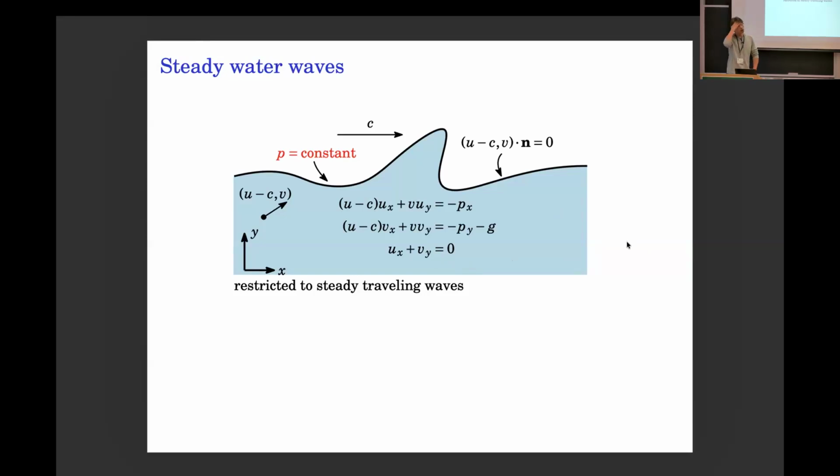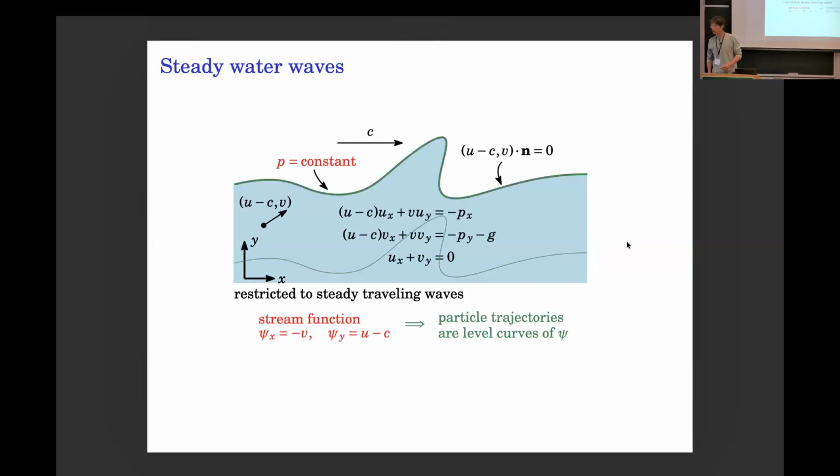So usually the first step that one can take to treat this free boundary problem is to try to fix the boundary. Okay, there are multiple ways to do it. So here we're just going to take advantage of the incompressibility. So we can introduce a so-called stream function, which is defined here. So basically, the velocity field is a 90-degree rotated gradient of the stream function, and somehow using this stream function formulation, we see that the interface becomes a streamline, a level curve of the stream function.